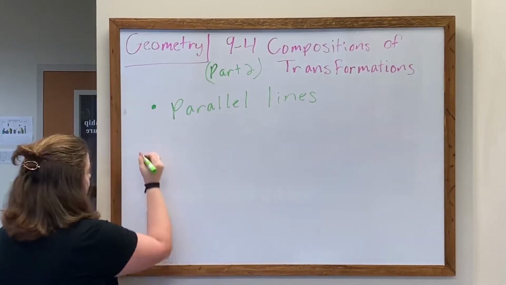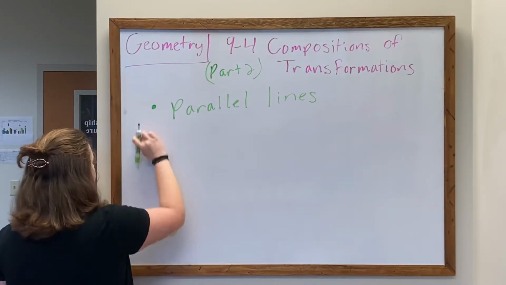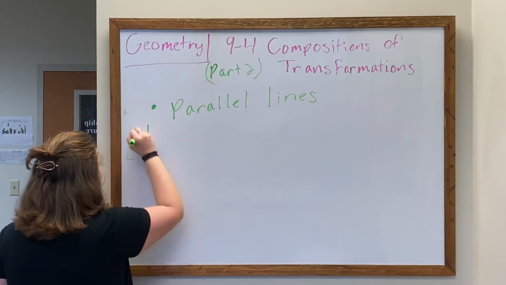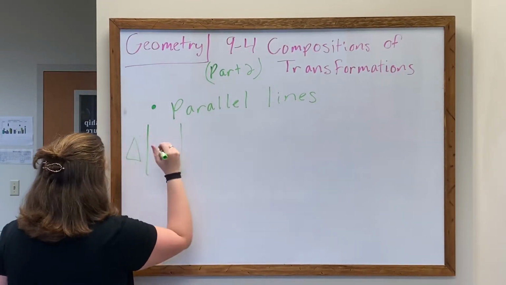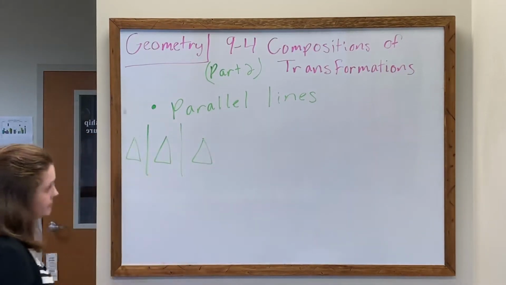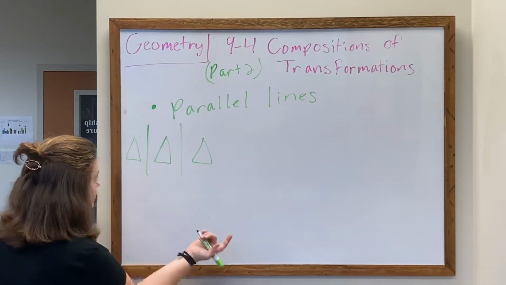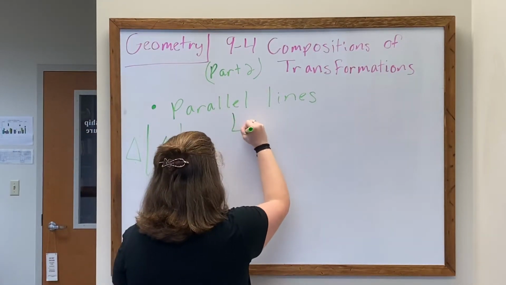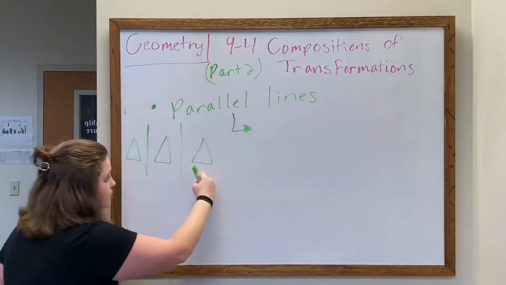basically what I'm saying is, if I have a triangle over here and I want to reflect it across this and then across again, right? I'm saying I'm reflecting it twice over parallel lines. Then what we're going to say today is this is basically the same as if I just took this first triangle and translated it